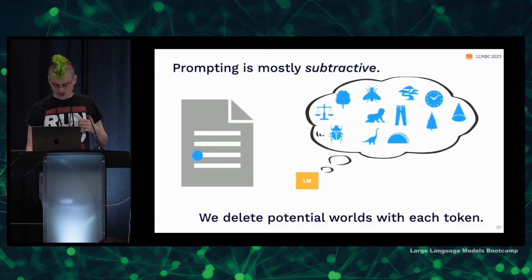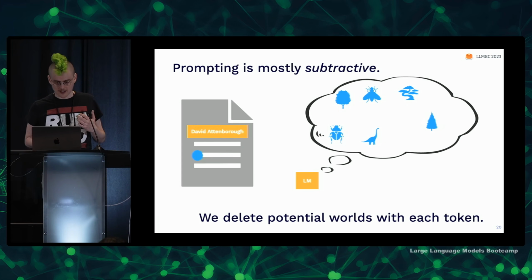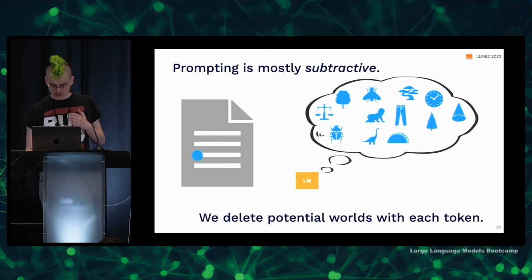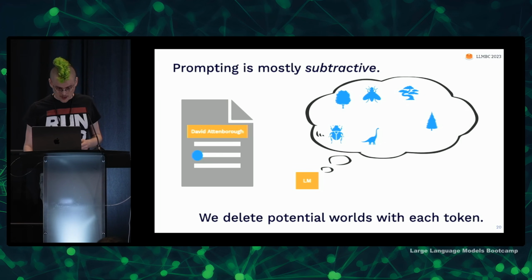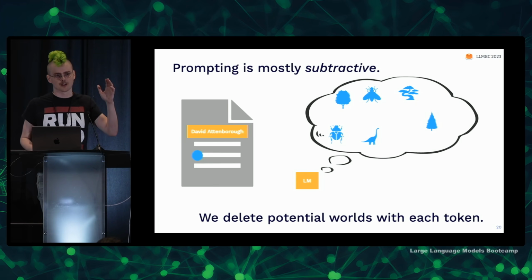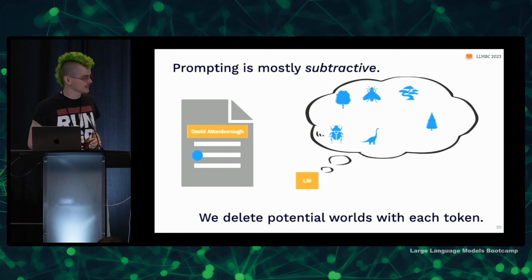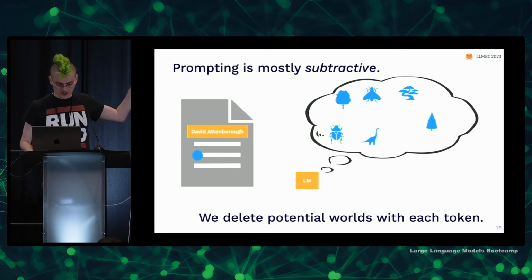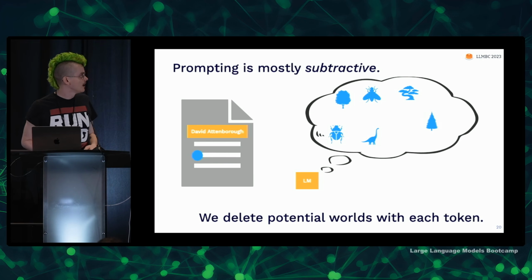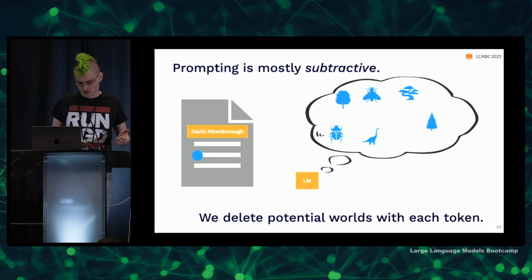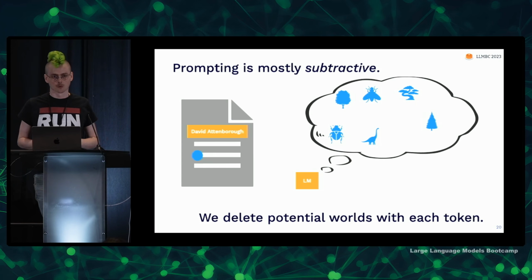When we first start writing, many things are possible. Before we write anything, many things are possible. It could be a document about babies or pants or cones or tacos or trees. And maybe I see the first couple of tokens of this document and I see that they're David Attenborough, the famous British naturalist. Now, what is that future token down there, indicated in blue, going to be? It's probably not going to be cones. It's probably going to be something from the natural world.